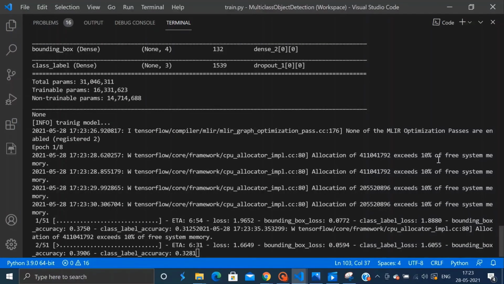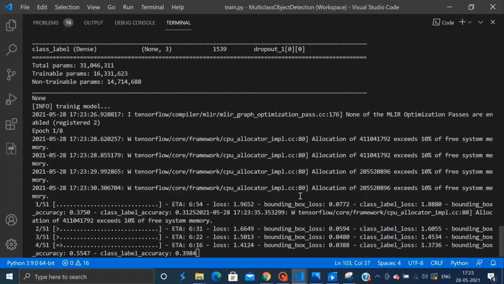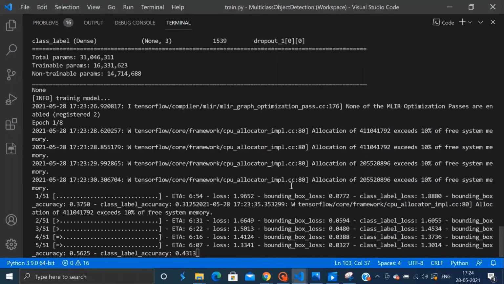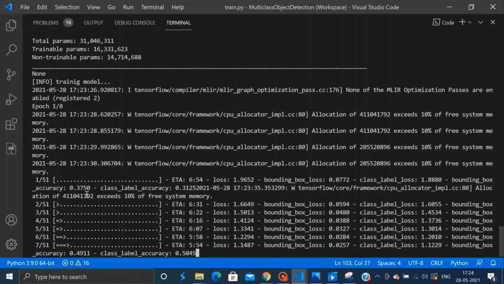We can see it is currently working on epoch number 1 out of the 8 epochs that we have. So this is epoch 1 of 8, and then in each epoch we have 51 iterations.